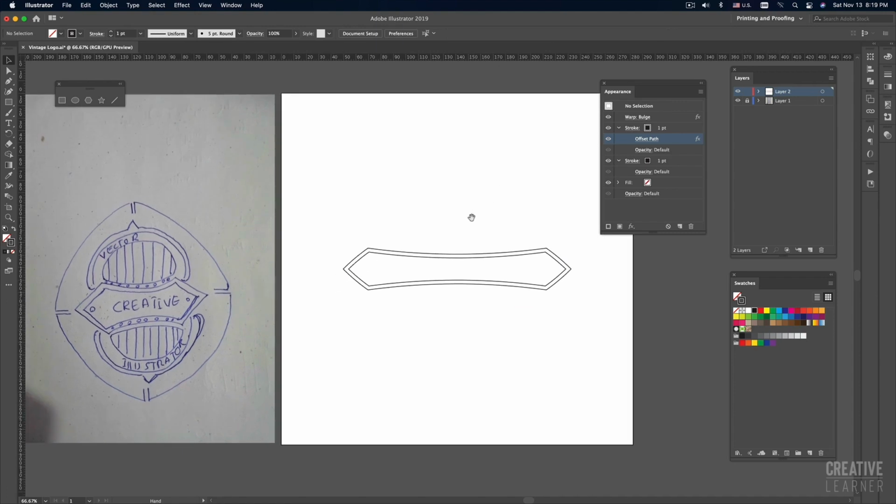So we have this plate, and we need some holes on the left and right as my sketches show. So I will simply use the ellipse tool, shortcut is L, so you can just click and drag. That will not be connecting to our existing object, that will be one more object. So that's why when you come back to your appearance tab, everything is changed. There will be no effect because we are not selecting this plate object,